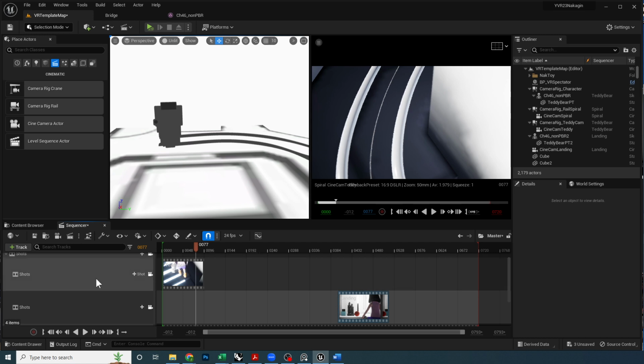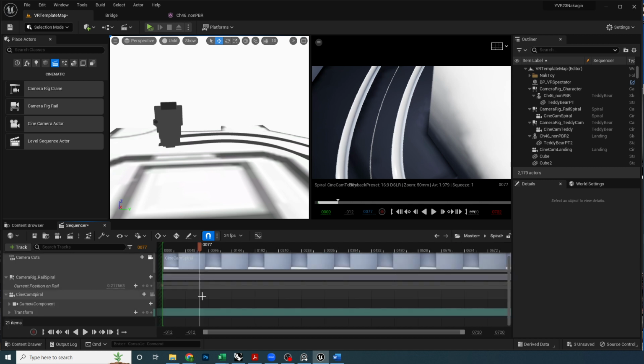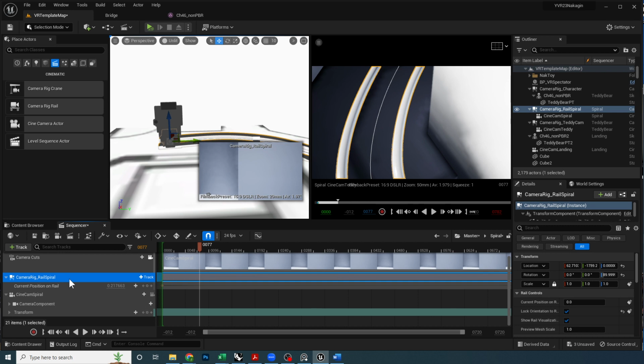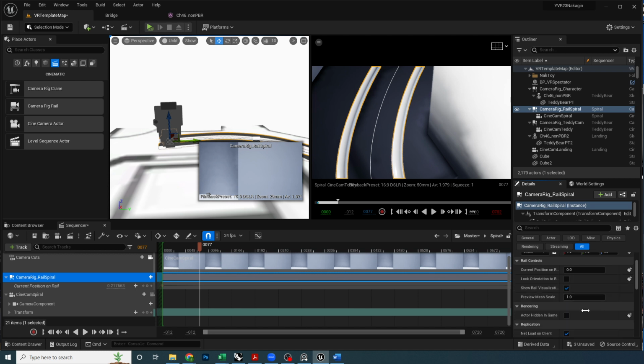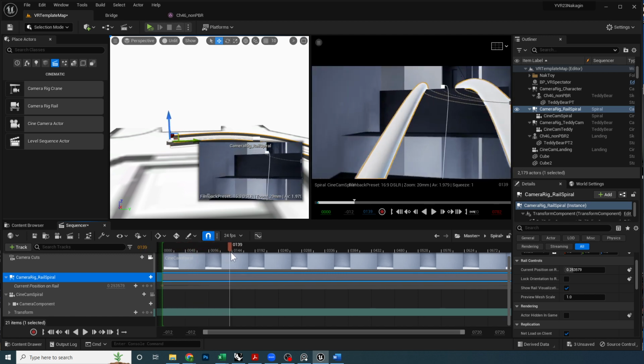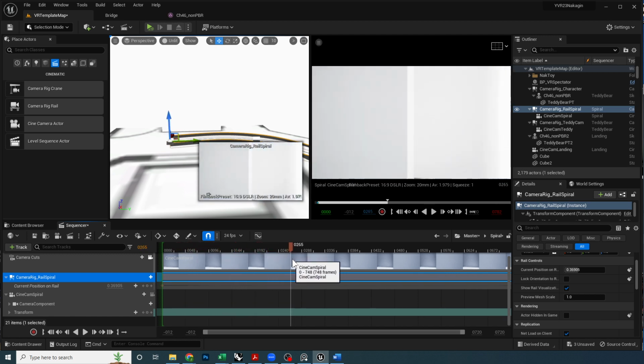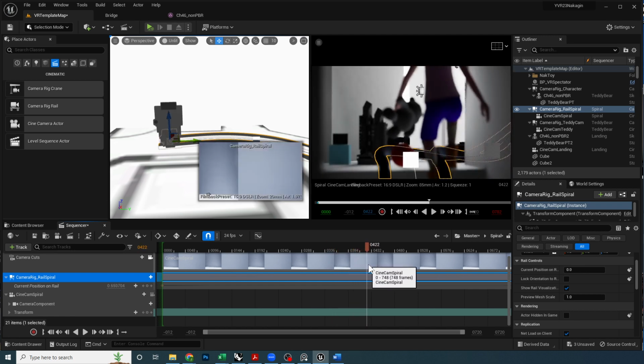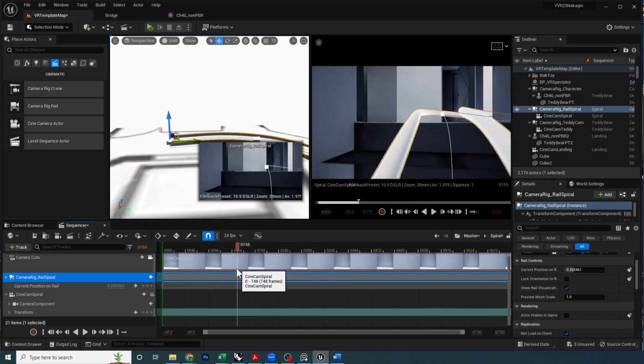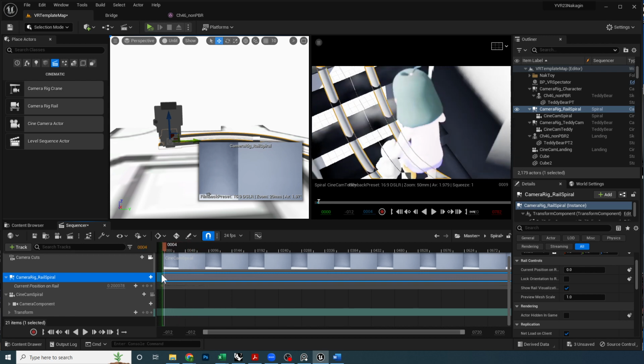And so one thing I could do is go into the rig rail, and with my rig rail selected, I can uncheck this box. And what I can do instead is, you can see now the camera is just facing in the same orientation, right? So one thing I can do is just rotate my camera,